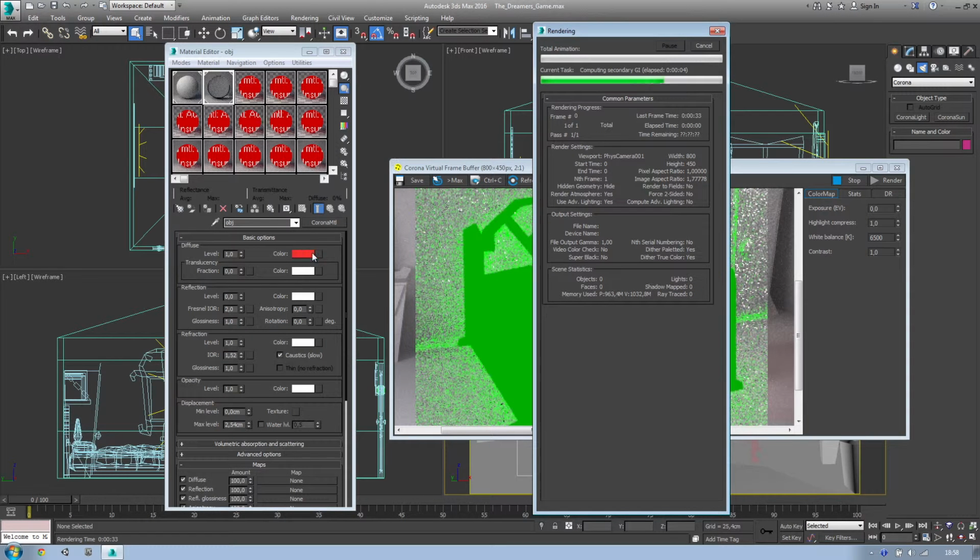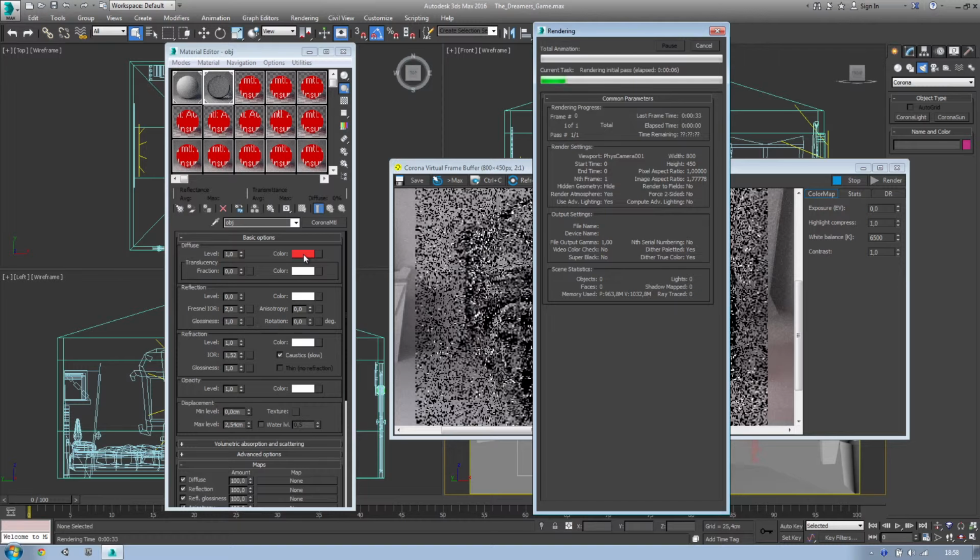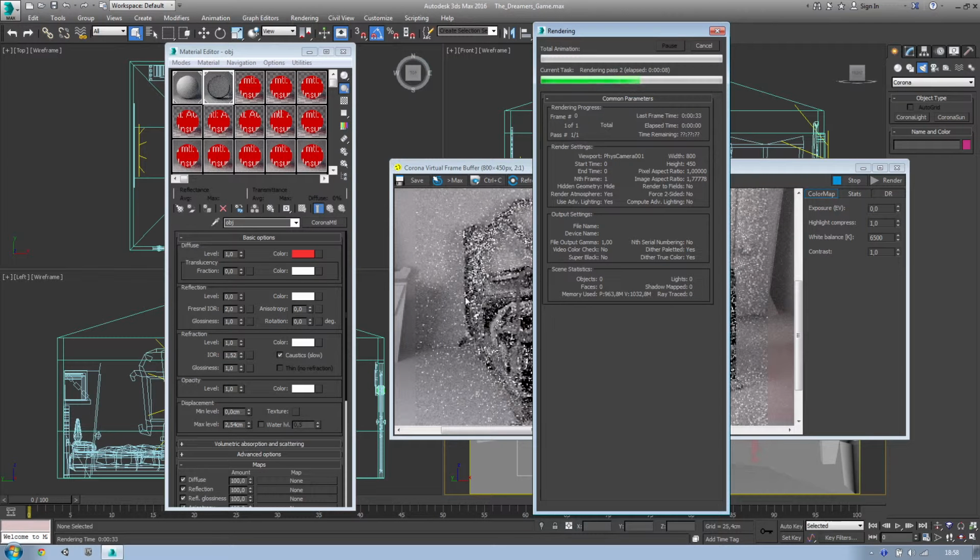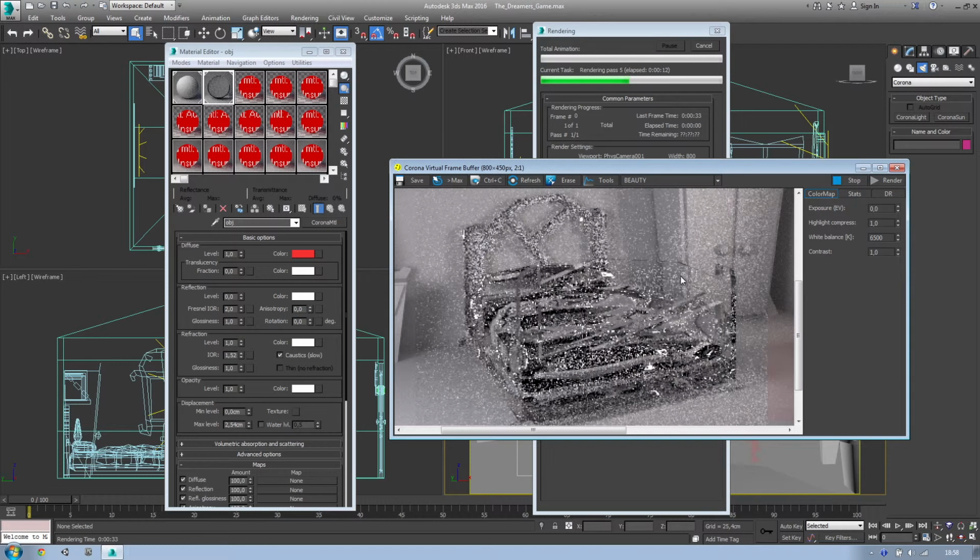I have the red color. I don't know if the color will be used. Actually, it shouldn't, and in fact it's not. You see the diffuse color is not used anymore because the light is passing through, the rays are passing through. So if we want to colorize a glass, we have to use the refraction color or the volume color. You know, when the light stops passing and is absorbed in one object, we can see the real color